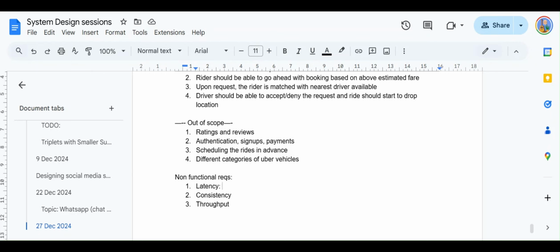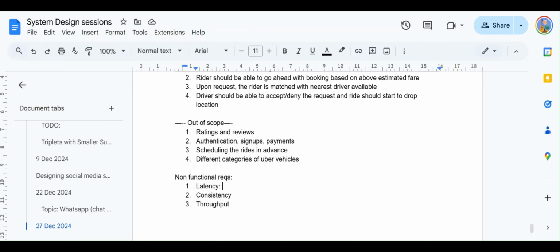So we can say that, let's say, a couple of minutes could be an acceptable latency, that within 2 minutes or within 3 minutes, the user should be able to see a match. This again depends upon the product manager as well, how they see the system, because they are familiar with the user based patterns. Can a human actually wait more than a minute for their ride to get booked, or will it be too much, and they will just simply close the app out of frustration? So if the ride is not booked within, let's say, 1 minute or 2 minutes, it's futile to keep them waiting, right? So we can define an acceptable latency number.